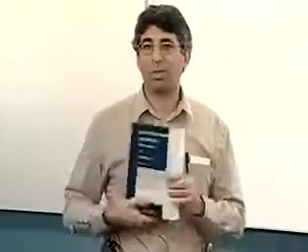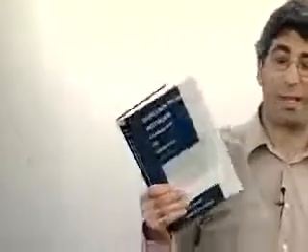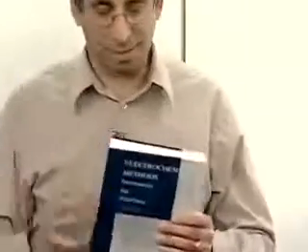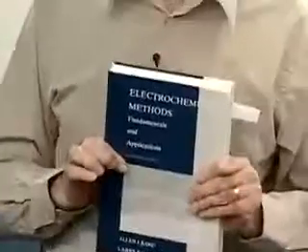What I'd like to do is, the course textbook is Bard and Faulkner's book, which is now in its second edition. This is a great book for learning the physical chemistry of electrochemistry. The second edition is much better in terms of examples, also actual real-life molecules that you might do something with. A dramatic improvement in the book there. It's not really good if you wanted to go into the lab and do an experiment and wanted to know, how do you do this? Kind of a hands-on